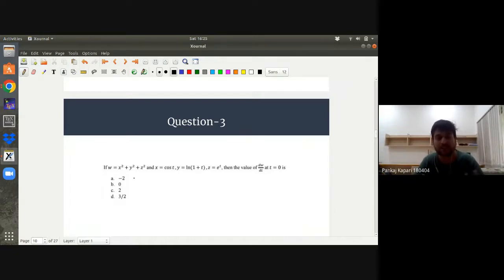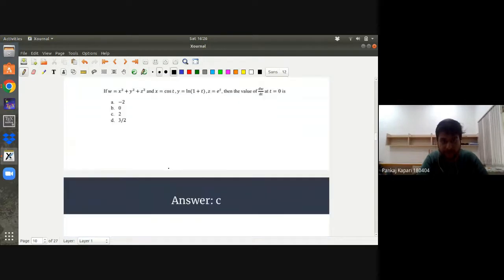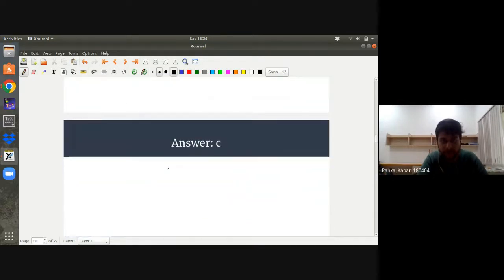So this is a composite function, and you have to find the derivative of w at t equal to 0. Let's see what this derivative is. So the answer is C,